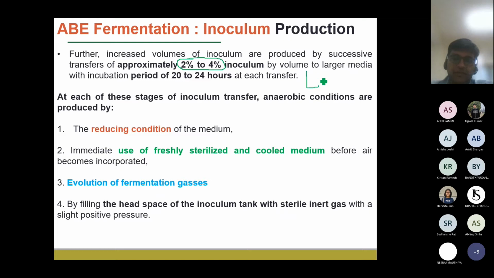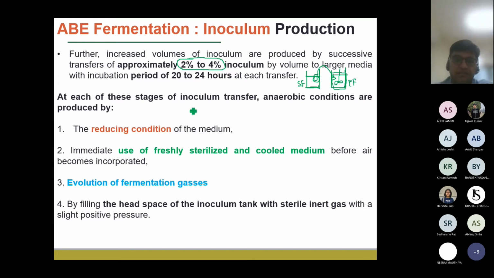The seed fermenter is a fermenter where we have already increased the biomass concentration, and we have another, the production fermenter, which may be represented as PF. When we initiate the fermentation process, we take a very small fraction of it and transfer it into a freshly made batch of the production fermenter. This volume is 2 to 4% of the total volume of the production fermenter. So we generally go in this range.